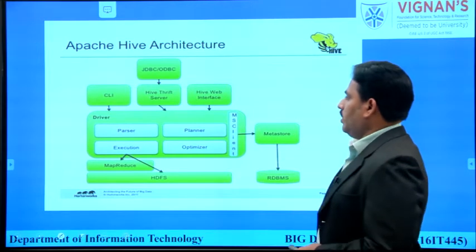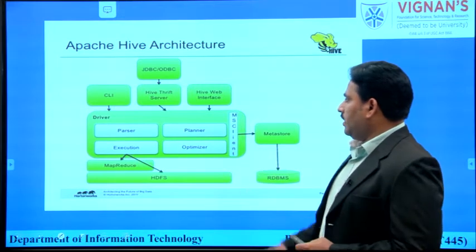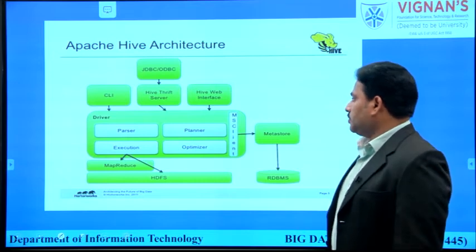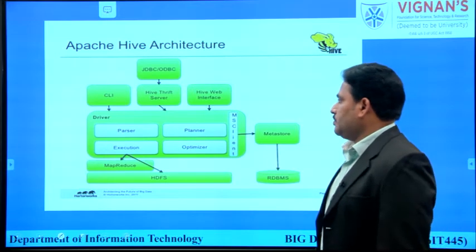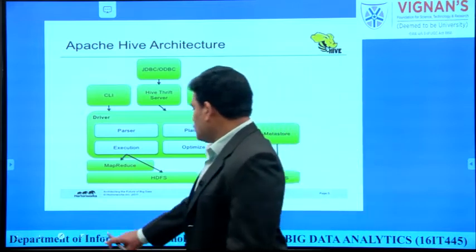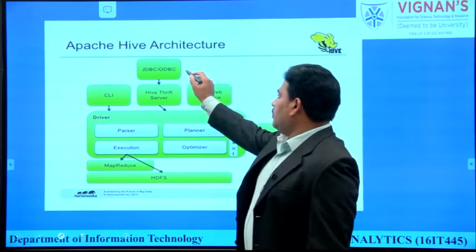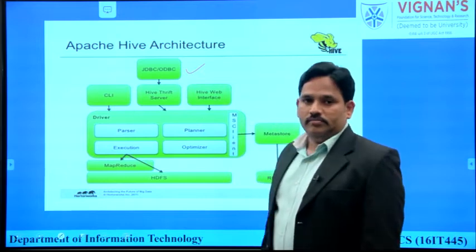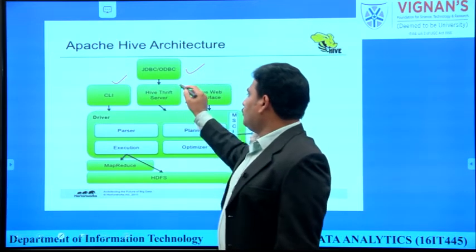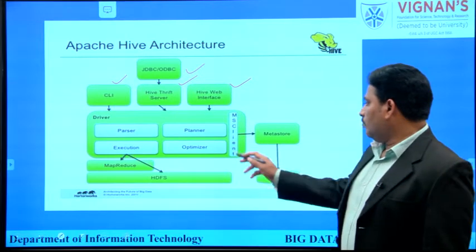In this diagram we have various components like JDBC and ODBC. Those are the drivers which are used to communicate with the database and front-end applications. And we have the command line interface, Hive Thrift server and Hive web interface. Now we'll see JDBC, ODBC, server connectivity, command line interface, Hive Thrift server and Hive web interface, and we have one more block that is called